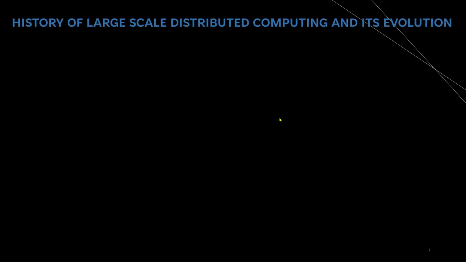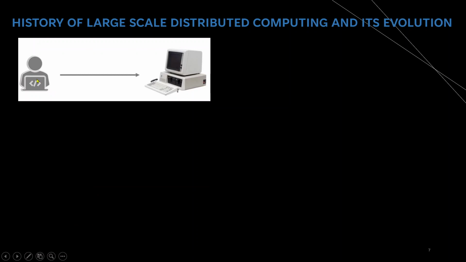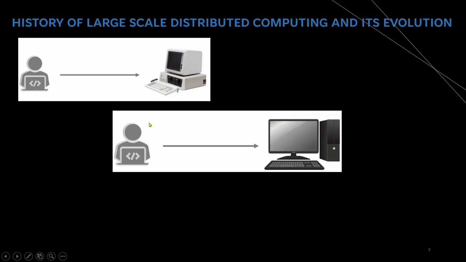The history of large scale distributed computing systems: the developers started building applications. So we created software applications and deployed them on computers. These applications needed to do a lot of things, including processing, and it's not limited to only storing and processing the data. Over a period of time, the data kept growing, hence the requirement of storage and computation power kept increasing. However, this was fulfilled by rapid advancement of storage and computer hardware. Our applications started storing more and more data and kept becoming faster and faster by simply upgrading the hardware. Just like you can see on screen, the system above is very old, and now